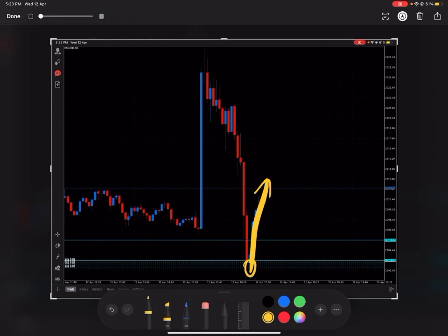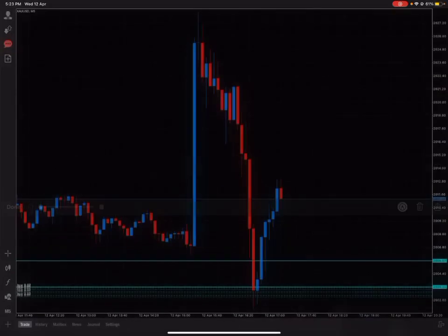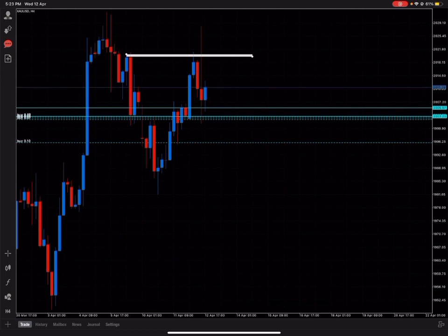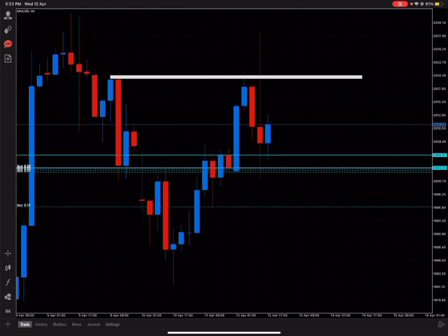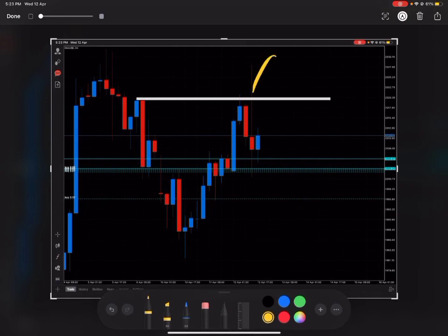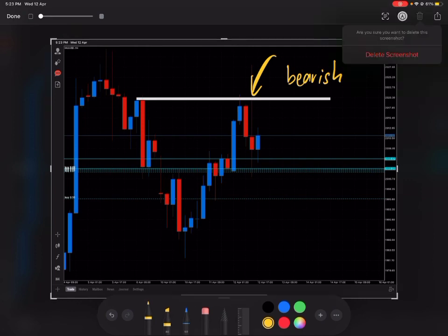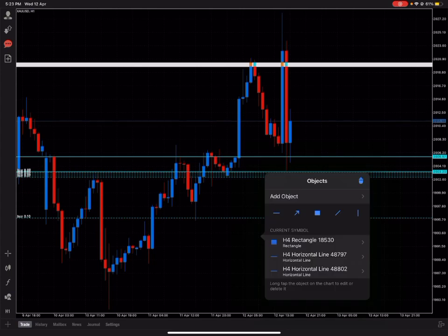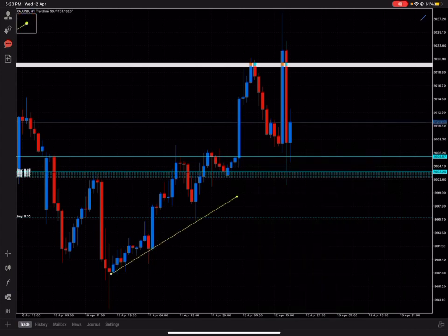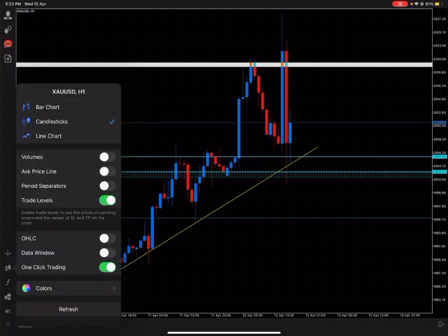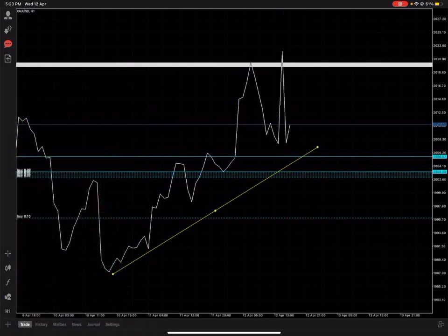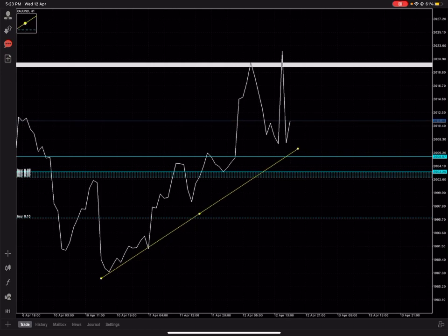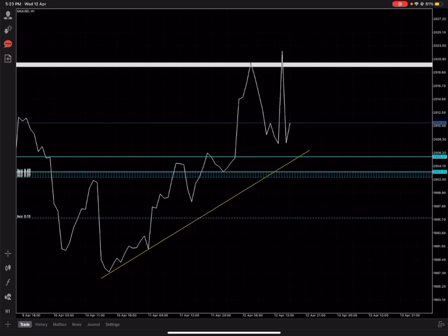So maybe tomorrow we need to find sell, because on H4 it already shows us that this is a candle reversal, will reverse. This is bearish, strong bearish. So tomorrow we need to find sell maybe. The second reason gold flew is the trend line from here until here touch. If you want to see it clearly, just use line chart. If you still hold a buy, please close or just set break even.